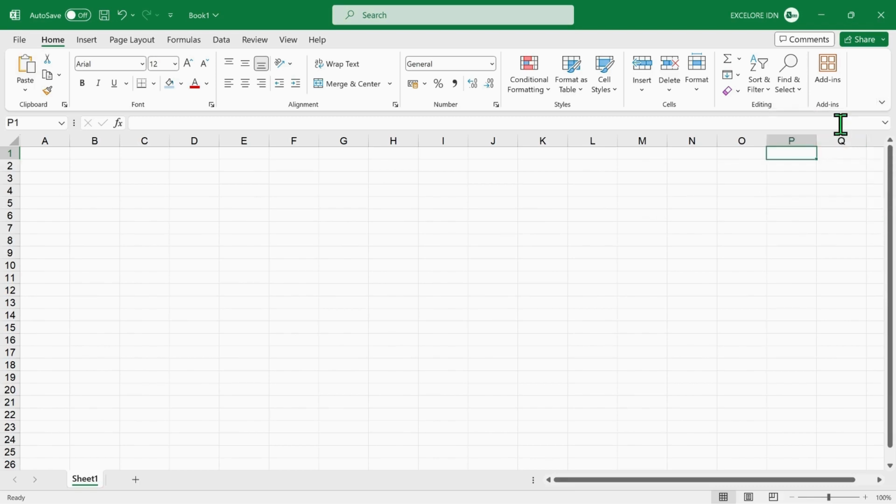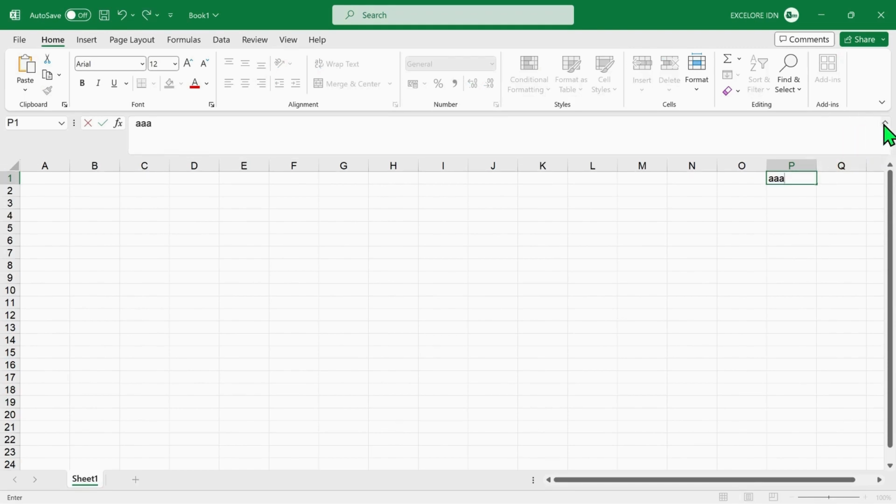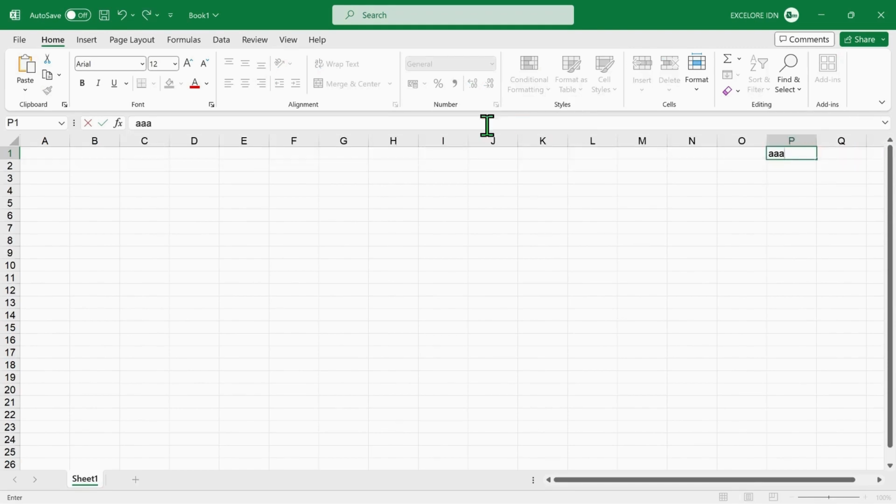Beneath the ribbon is a white bar called the Formula bar, which displays the contents of the selected cell. Like this as an example. By clicking the downward arrow, we can expand the display of the Formula bar. Moving to the left, we find the feature for inserting formulas, followed by a box containing the name of the selected cell. The 3 dots are to widen the view of the box.